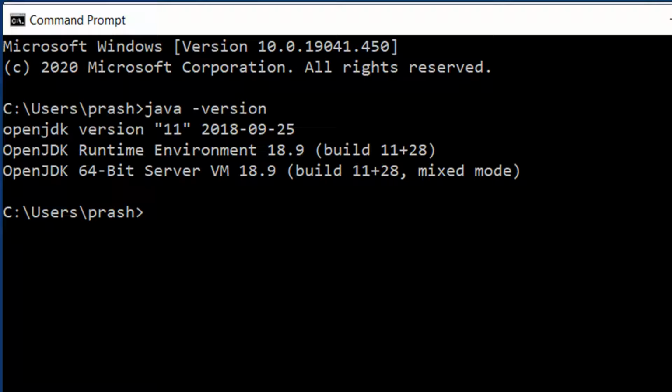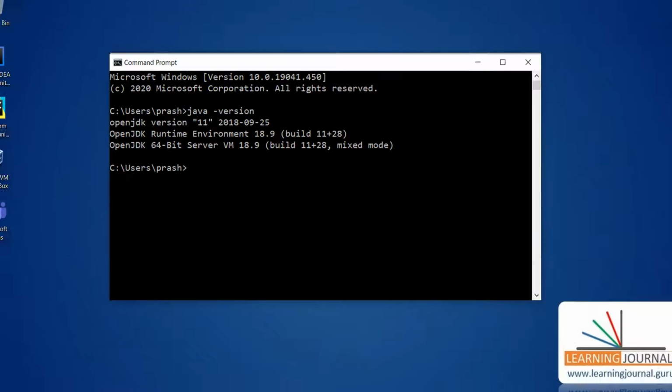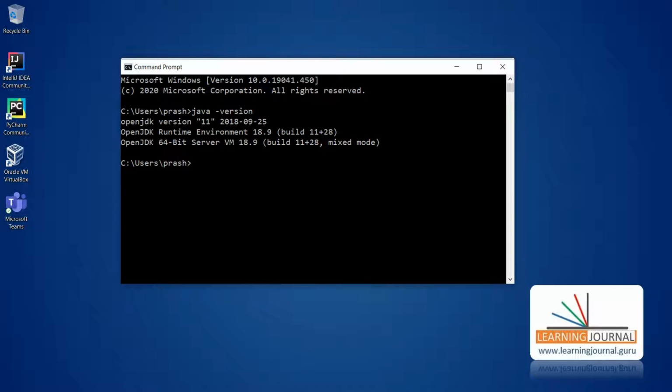Make sure you have Java 1.8 update 92 or above. You can also have Java 9, 10 or 11. But Java 12 and above are not yet supported. Let me show you steps to download and install Java 11 on my machine.